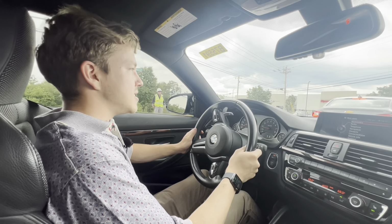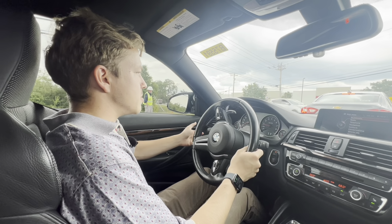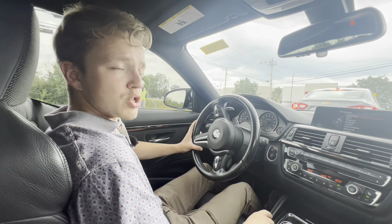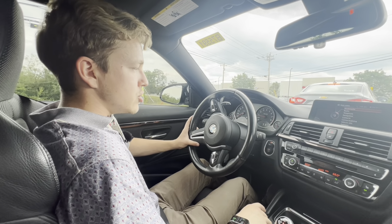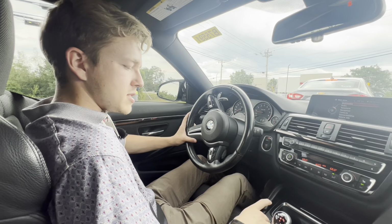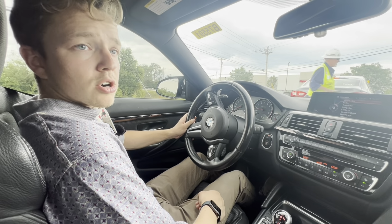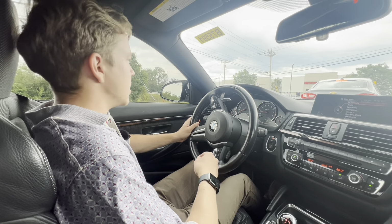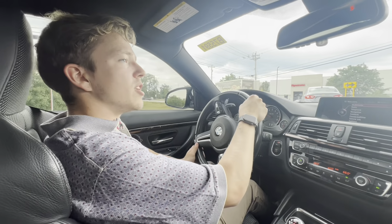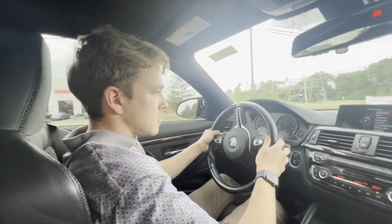The other thing that separates an M car from a traditional regular BMW model is that you have the actual ability to switch between Sport Plus modes for your engine, Sport Plus modes for your suspension, so the car can lean and tuck into corners, and then even for your steering. The brakes are very aggressive. On the more modern cars, you can customize the actual level of braking as well, but on this generation, they didn't allow you to do that yet, but it still does a great job as far as...